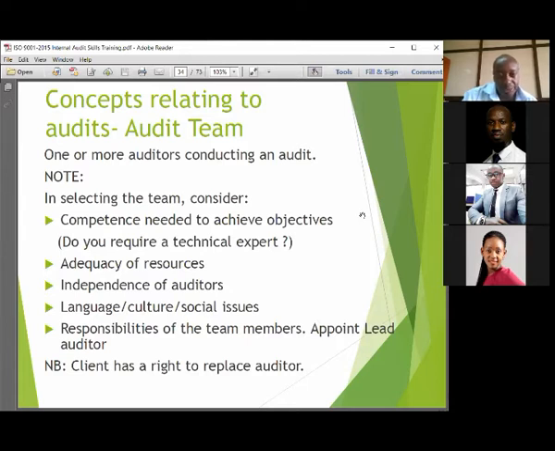The auditee has a right to replace an auditor. Yeah, if you read that standard I was telling you about, just that provision, because in some cases, the auditee may require, please replace an auditor. It happens because